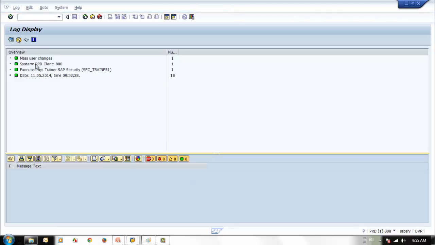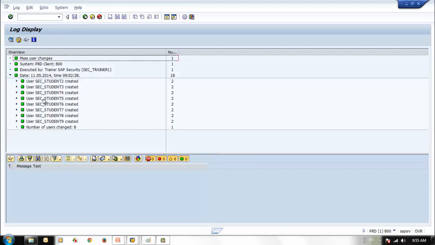Now here you can see the log. It shows what was changed in this system and client, who changed it, and if you open this, these are the users which have been created. We have